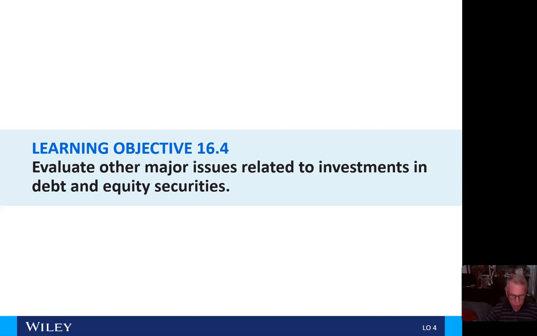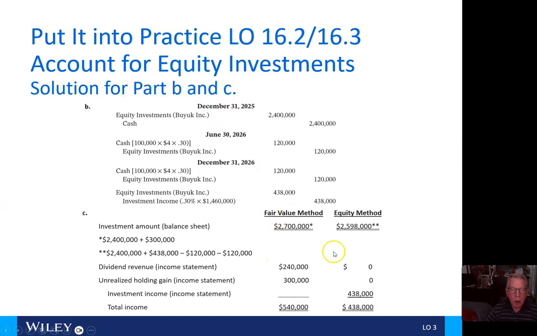Okay, so here, under the fair value method, the investment account is going to have a $2,700,000, and that's going to be the $2,400,000 plus the $300,000 that we did earlier. Then, under the equity method, we're going to have the $2,400,000, but we're going to add this $438,000 less the 120,000 and less 120,000. That'll get us to